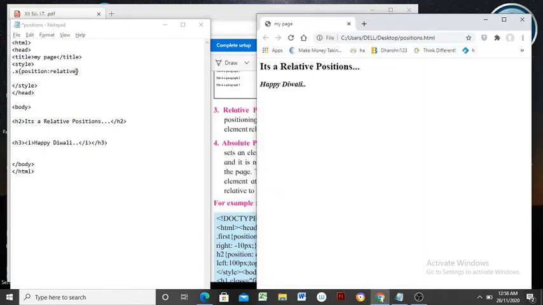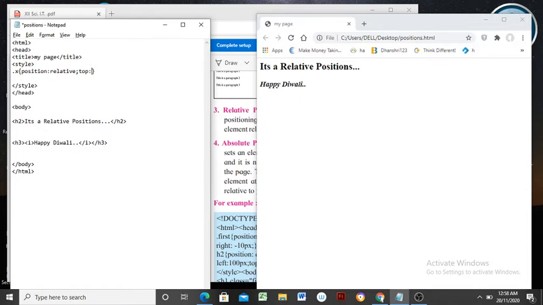So here is position colon relative. Next, a property to be designed and applied as you wish. Suppose I want to apply top, so it sets a margin at top by leaving a space for particular content.